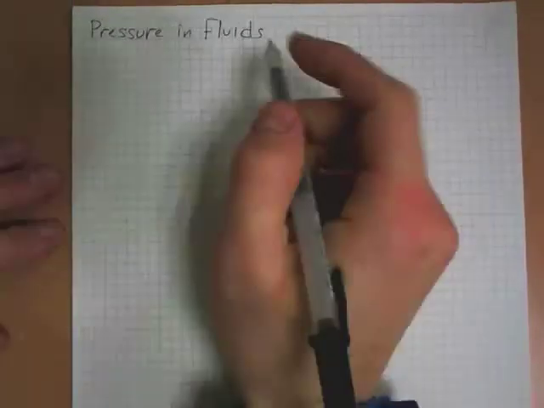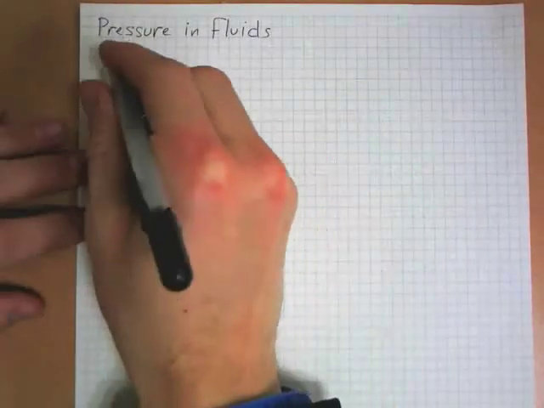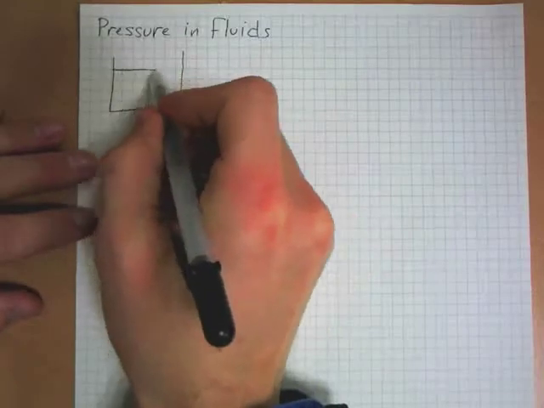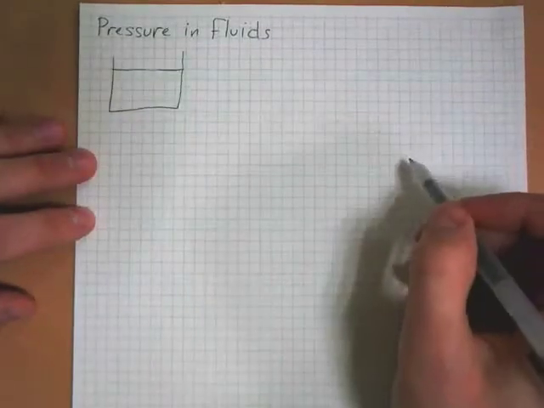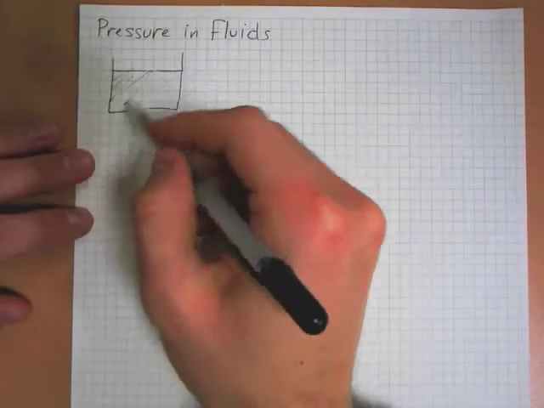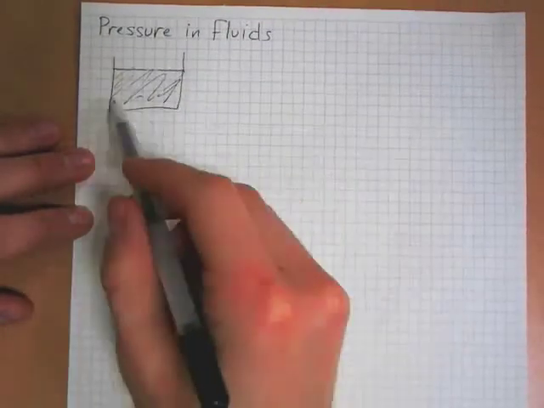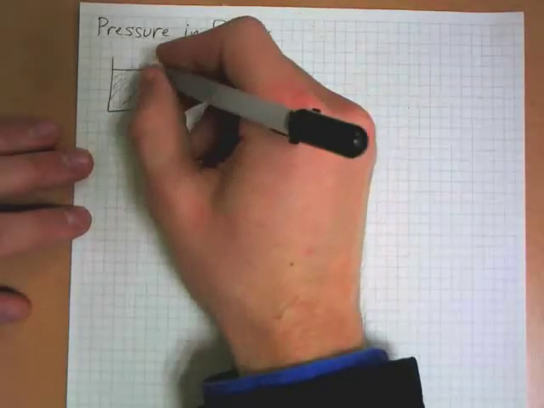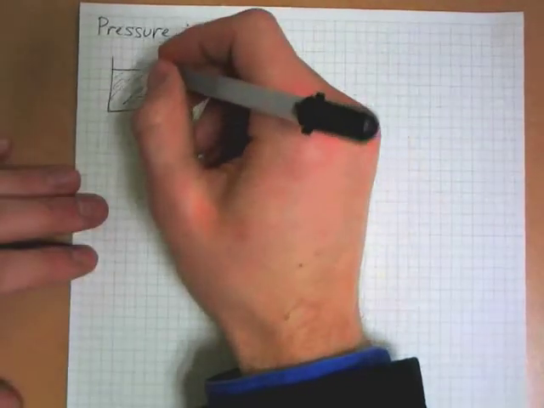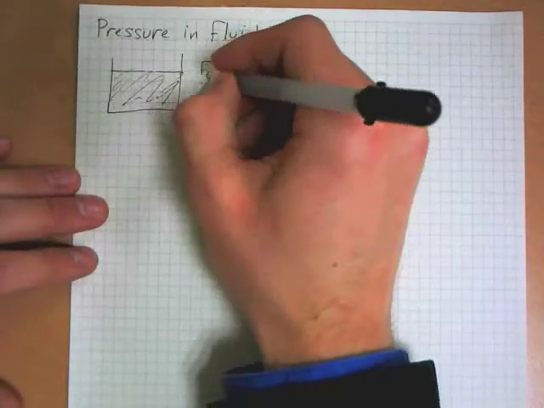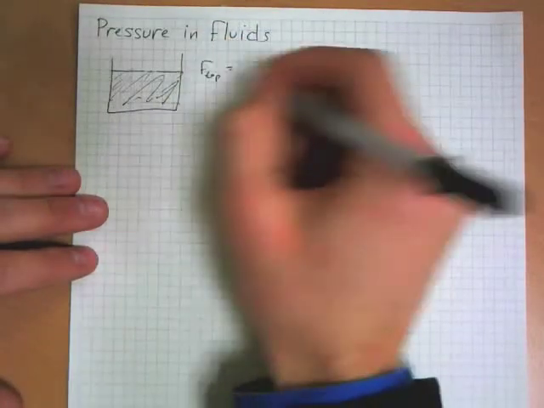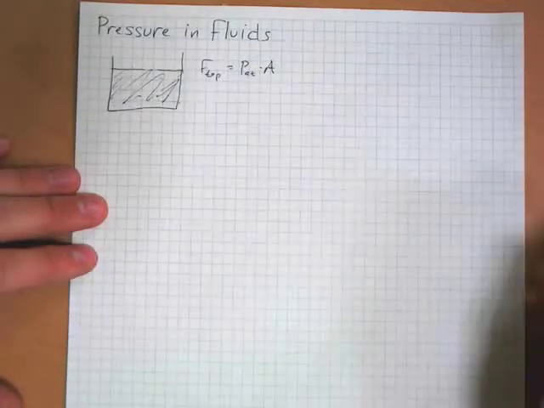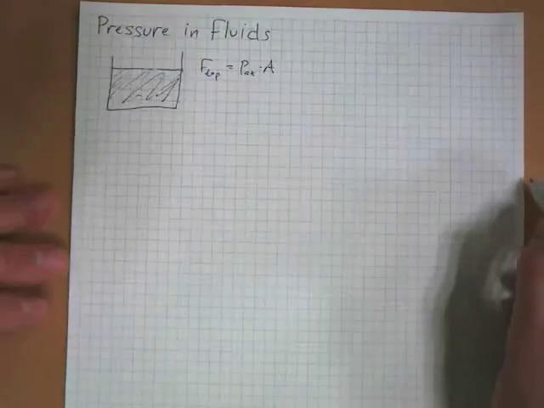Pressure in a fluid: let's consider a situation where you've got some tank and it's full of some fluid, water or whatever the substance is. This area is full of it. At the top, there's some pressure, atmospheric pressure. Since pressure is force per area, the force at the top is atmospheric pressure times that area. At the bottom,